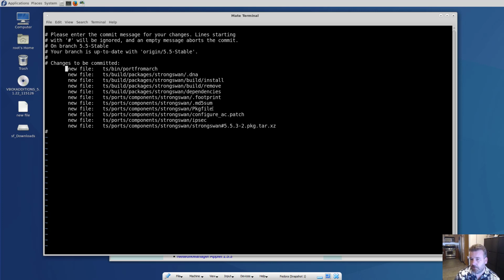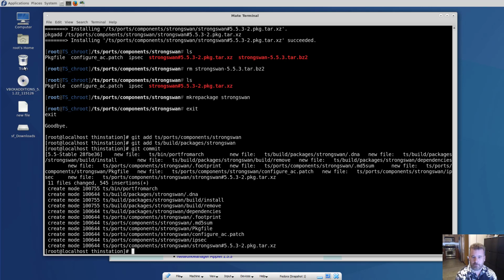We have a package file which controls the compilation of the source code. We have a couple of additional static source files that the original packager decided were useful in the port system. And then we have the binaries that we actually generated. And these are unwound into our chroot environment and will also be used in our image building environment. And that's pretty much it. And there's our git commit. So we'll go ahead and we'll get this and we'll go ahead and